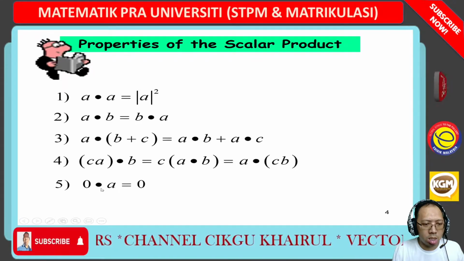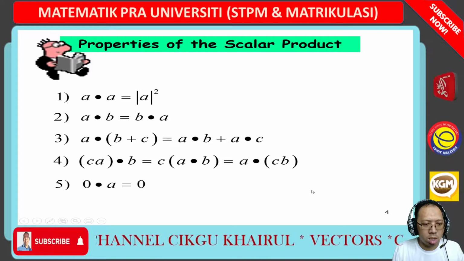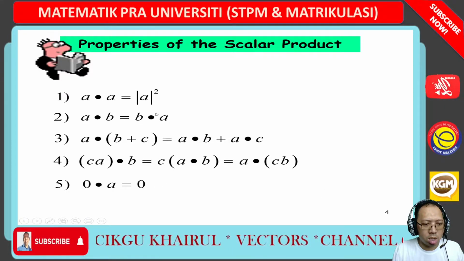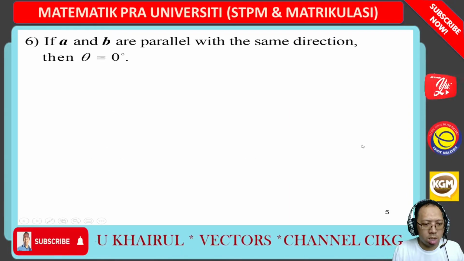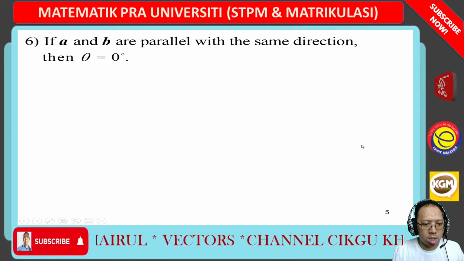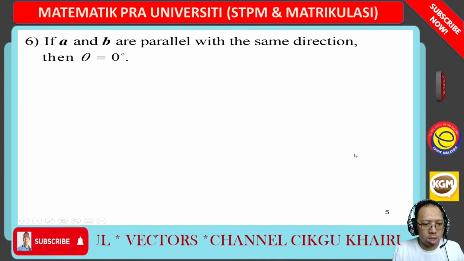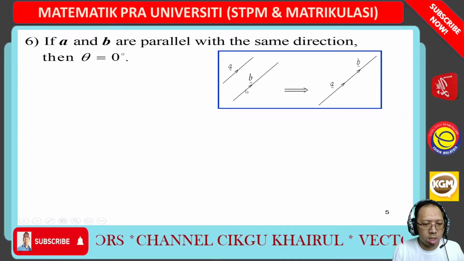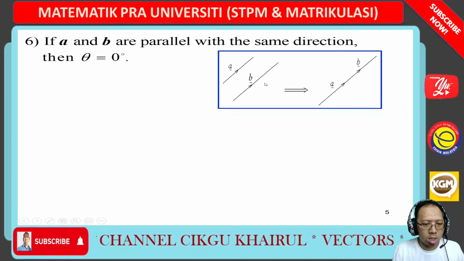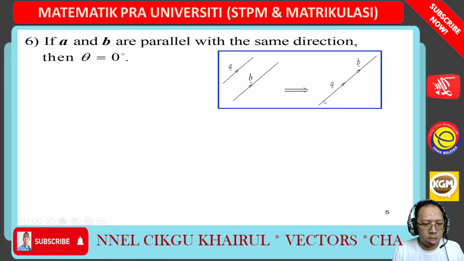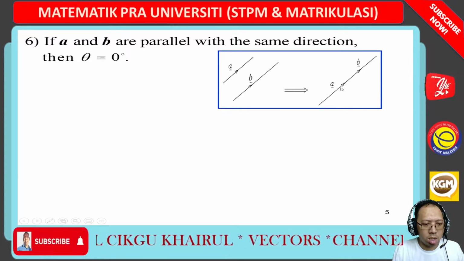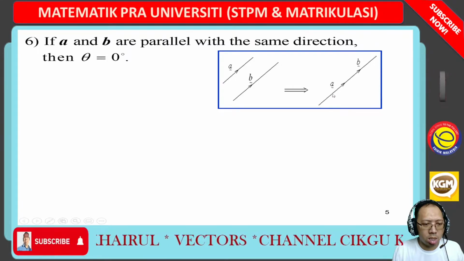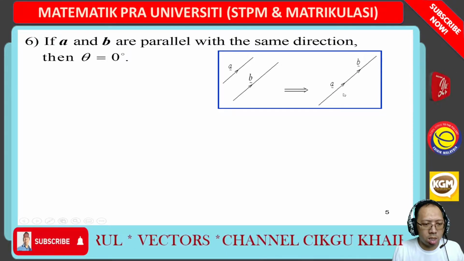Okay, 0 times dot product with vector A, we get 0 because this one is scalar, so the result is scalar. Okay, you can see next one, if A and B are parallel with the same direction, then theta equal to 0. So let's say we have vector A and vector B in the same direction, so we can just continue A and B or join these two vectors. So theta is 0